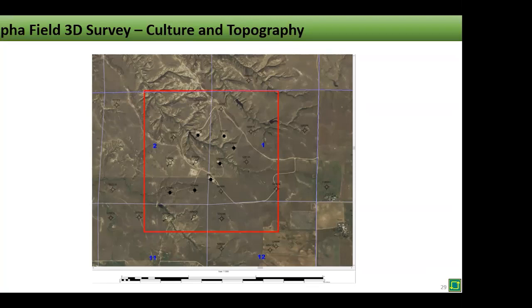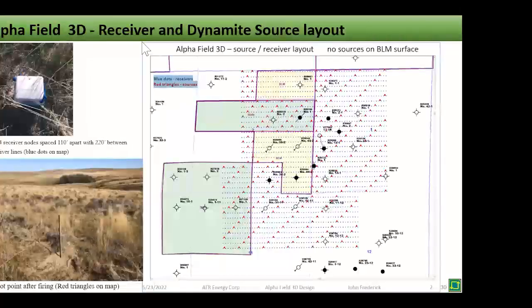As we go to the next slide, Scott can flip over to the layout, was Dynamite Survey. And it's been my experience in the Powder River Basin over the last 40 years or so that Dynamite data gives you a better seismic response in terms of frequency content. And the frequency of the seismic data is key to being able to start to get better resolution. I'm not going to say we can resolve sands totally, but you get much better resolution on being able to tie in thickness of sands with the well control. So